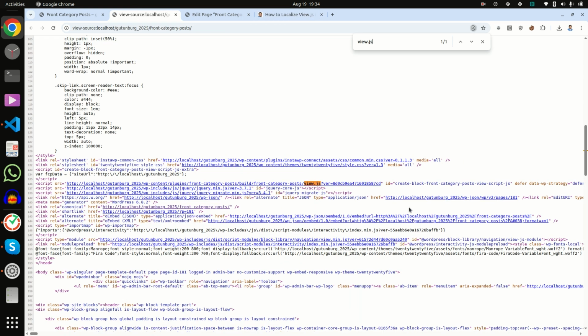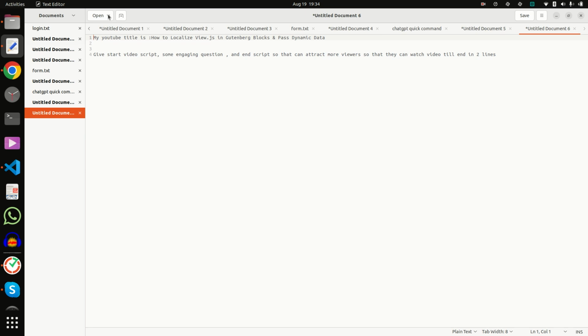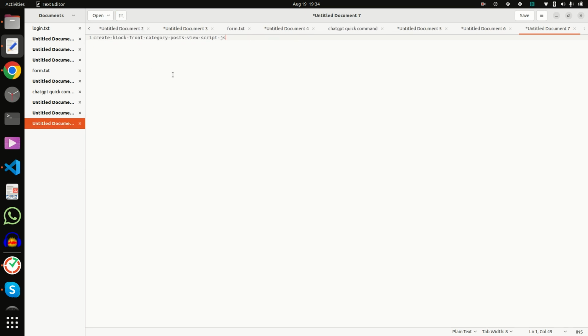So here, copy this part, and now remove the JS part from it, and it is the handle for your block.